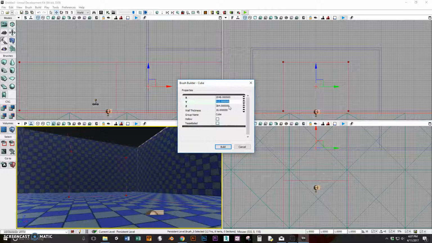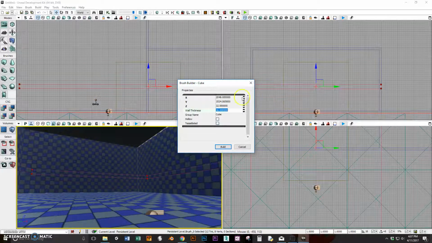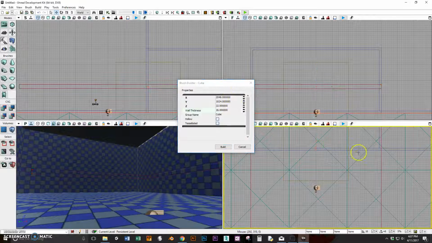The other one, I know it was half of that, 1024. I could probably reduce that a little bit. We'll see what it looks like. The thickness, this is going to be the thickness of our shelf. It doesn't need to be nearly that thick. Probably like 32 or something might be okay. I'll just give you an idea of what's going on here. If we look from our top view,